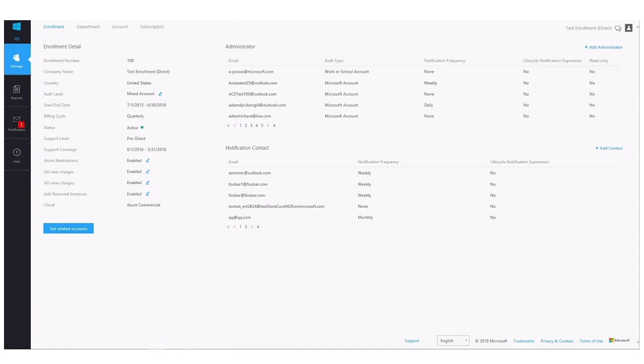Now, like I mentioned, that's just a very quick overview of the two sites. The Azure Portal is where you handle the technical side of Azure. The Enterprise Portal is more of an administrative site where you create new accounts, new subscriptions, are able to control access, and also report on your cost and usage. There are 4 distinct roles that control your level of access across those two sites.